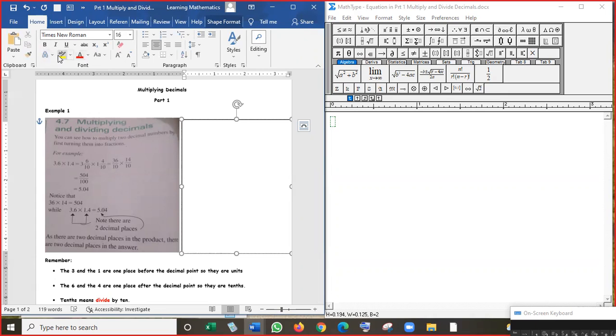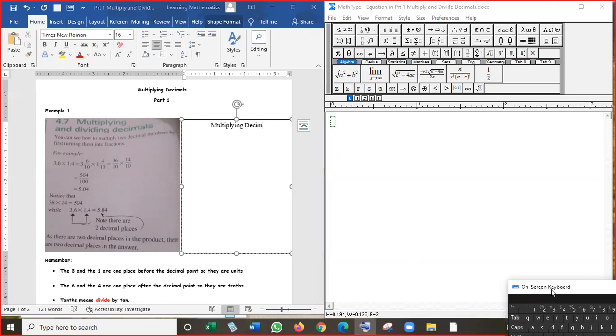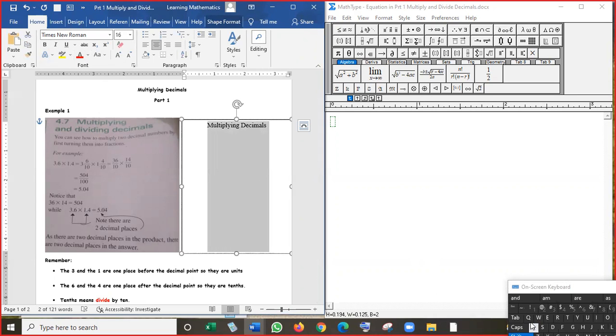So write with me. Multiplying decimals. And the first thing you do according to the instructions, turn the decimals to